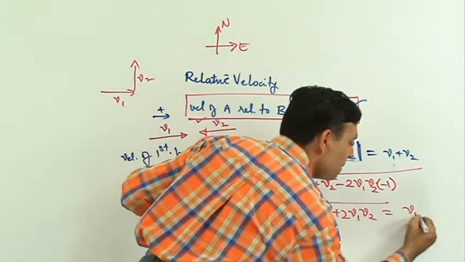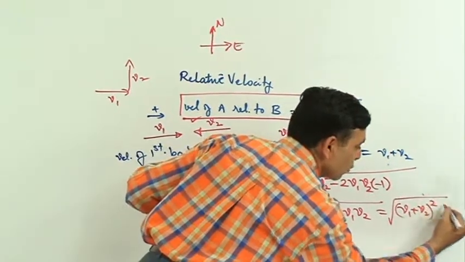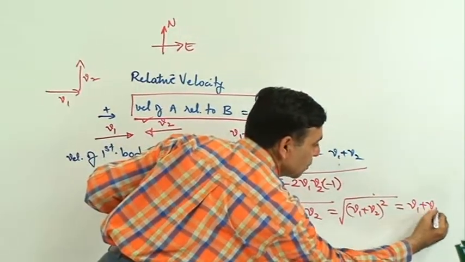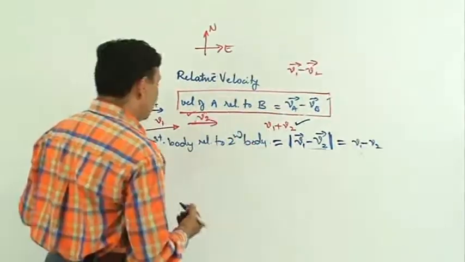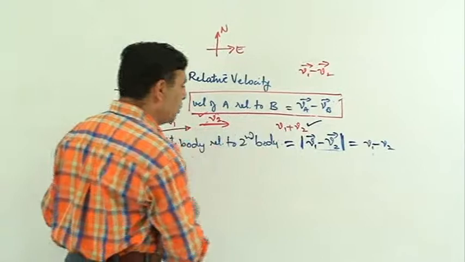This is nothing but (a + b) whole square, like (v1 + v2) whole square, of course within root. So the root and this square term will go, and it will just be v1 plus v2. Is that clear, everybody? So when both bodies are moving in the same direction with velocity v1 and v2, velocity